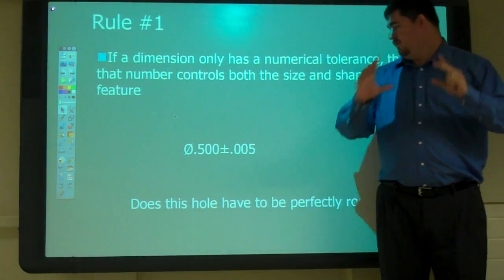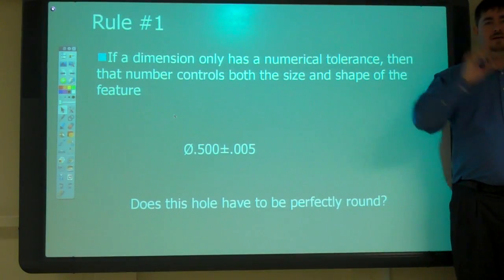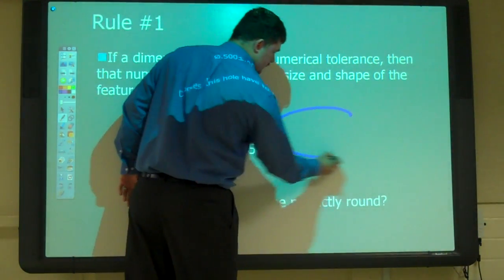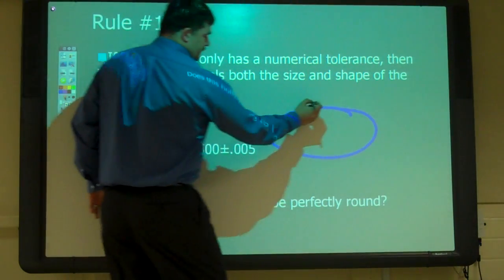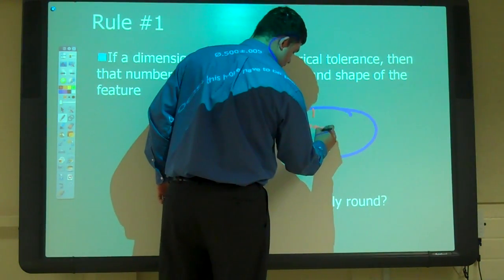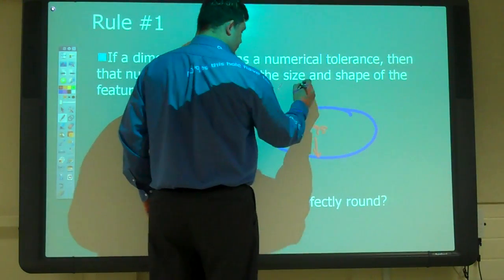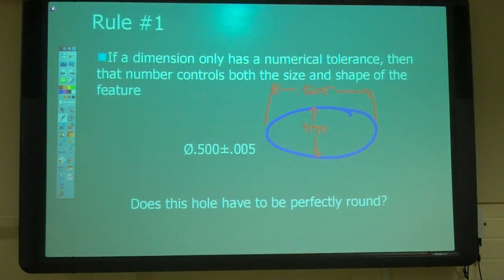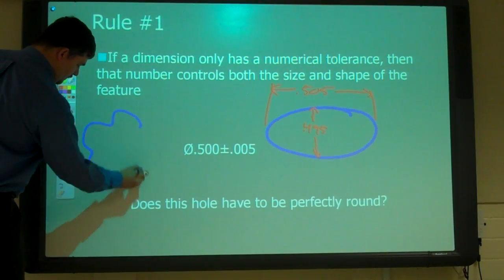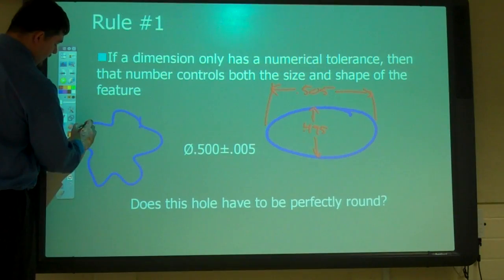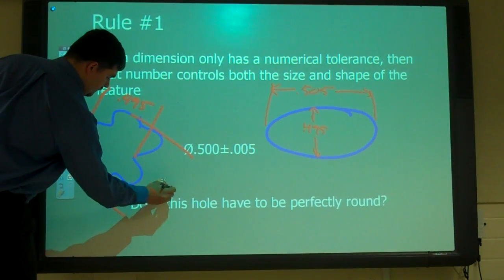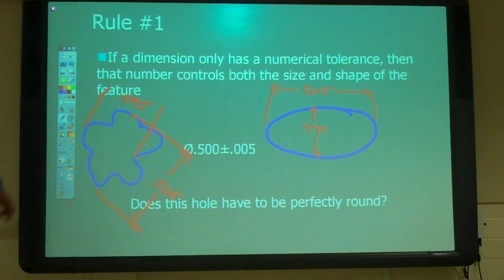diameter of 495 or a diameter of 505? Yes. Is that what it's saying? Yes. That's my guess. No, it's not. No? What this is saying is that it can be an ellipse with this dimension 495 and that one being 505. It could be that and still pass. Or it could be as long as the smallest diameter, as long as any measurement across that